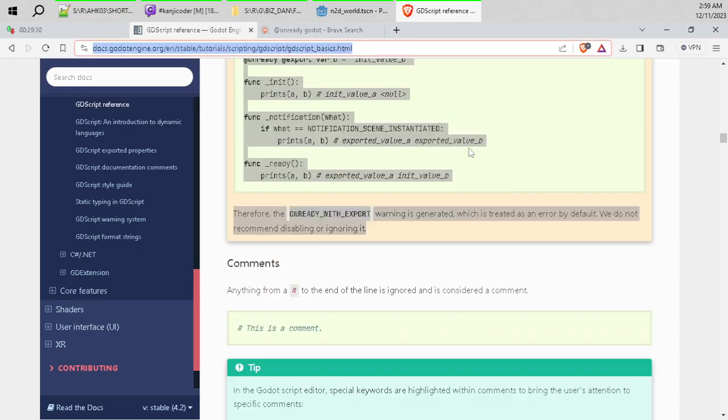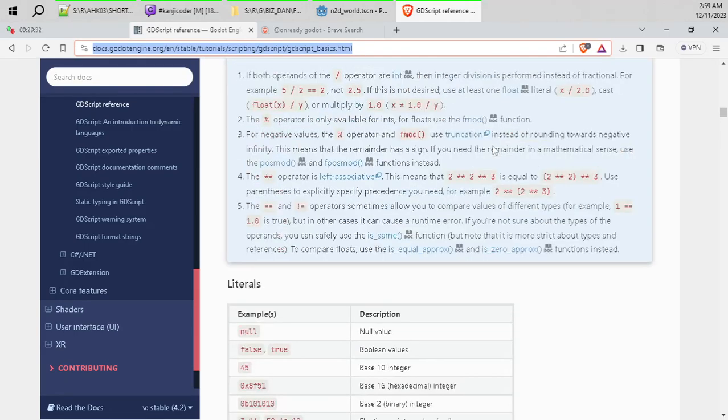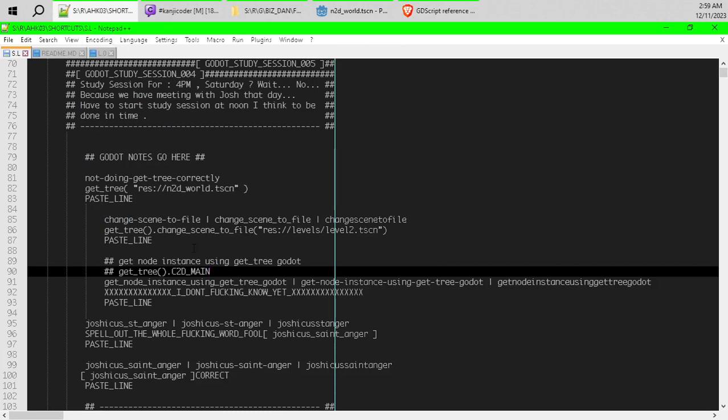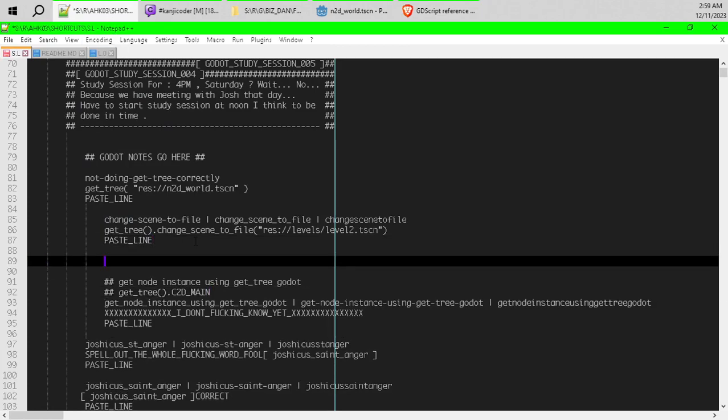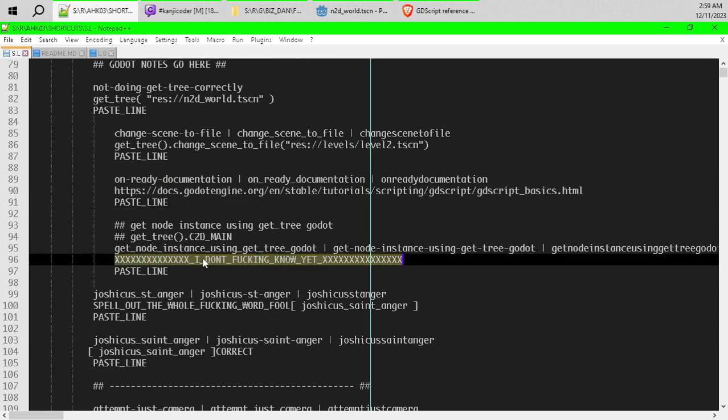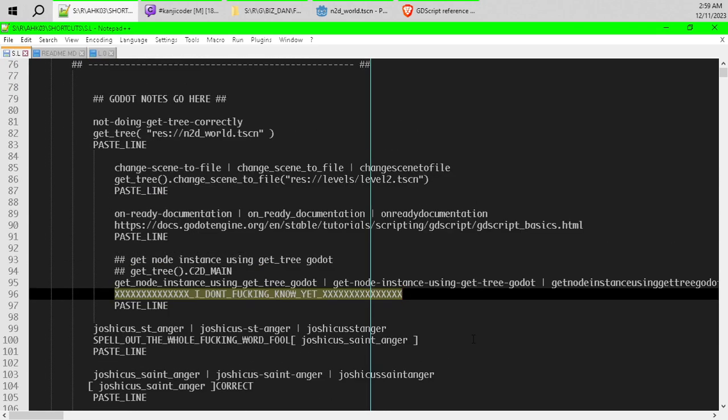Okay, I'm going to take this here. I'm going to put this right over here. I'm going to say, onReady documentation. Okay, so we know that the onReady is inside of here, and then we know that this is get node, right? So we just want to go get node, and for